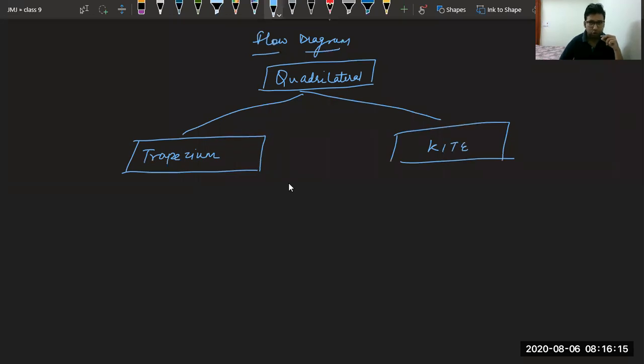One more thing I want to tell you about kite. You all have seen and you will see on 15 August. So you will find that in a kite, this is the smaller diagonal and this is the larger diagonal. One thing is they bisect perpendicularly. Second thing is only the smaller one is bisected. That means, if it is A, B, C, D, only OD is equal to OB.